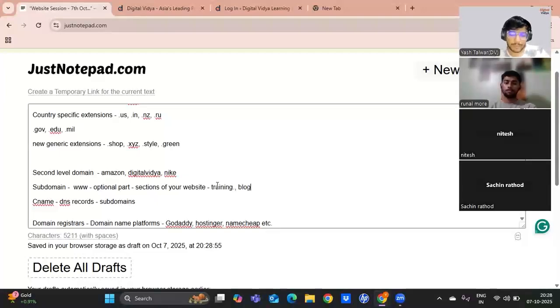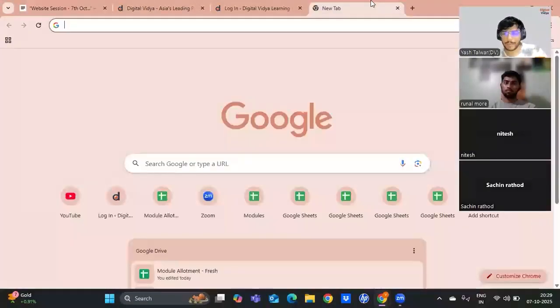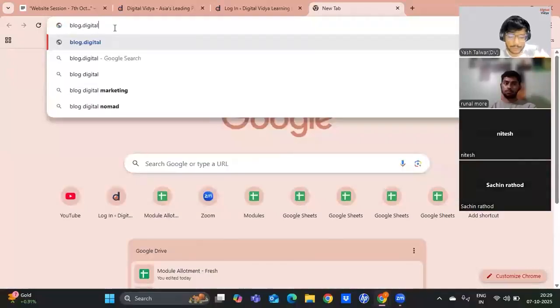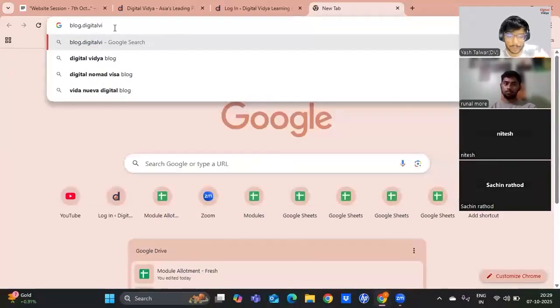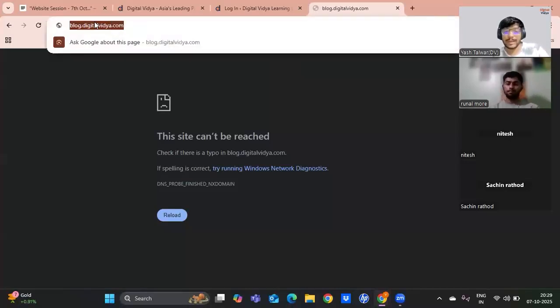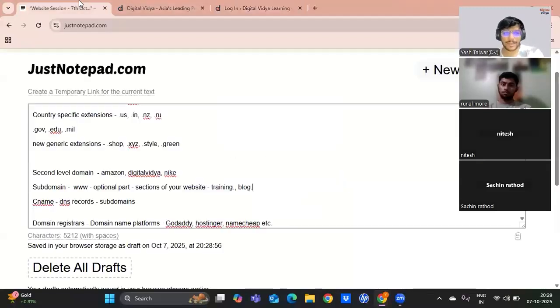There can be another example that you can see, it is blog.digitalvidya.com. That website is, I think, down at the moment. Let me see if it is still working so that we can take a look at it. Yeah, I think it's down, it's not working. But yeah, this can also be an example. If we wanted to create a separate blogging website, then we'll create a blog.digitalvidya.com website, right? Now, in all these three cases, Digital Vidya is same. Digitalvidya.com remains the same, just the subdomain is changing,